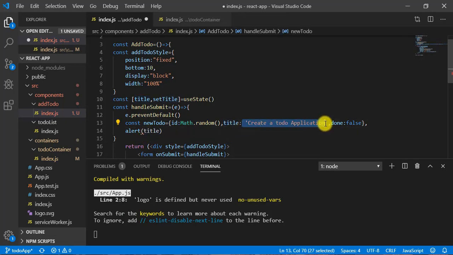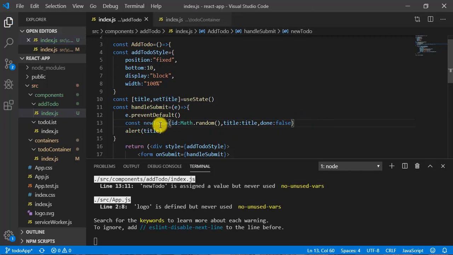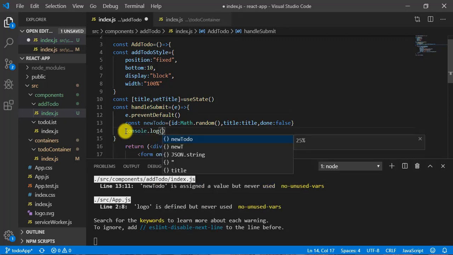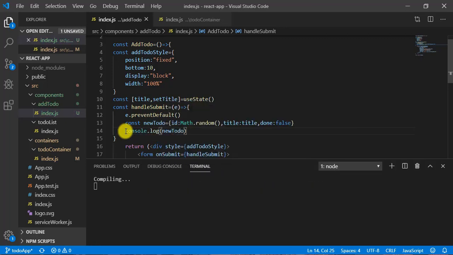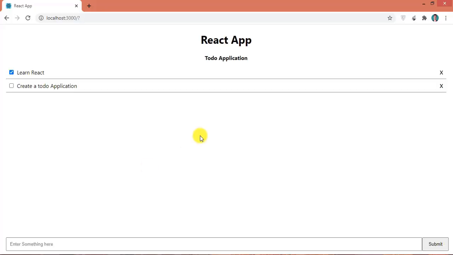Let's paste it, and initially the done value will be false. Now let's save it and do console.log newTodo.